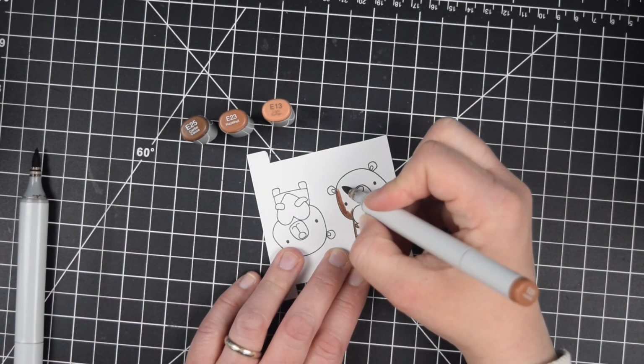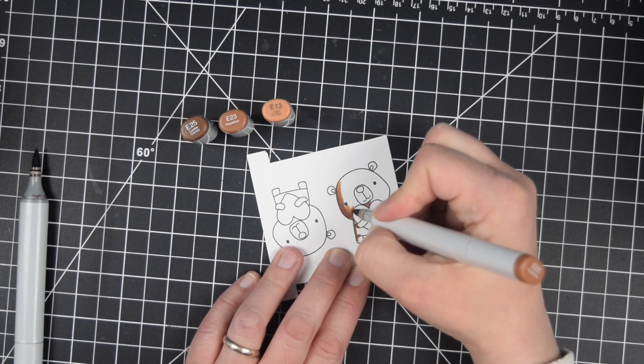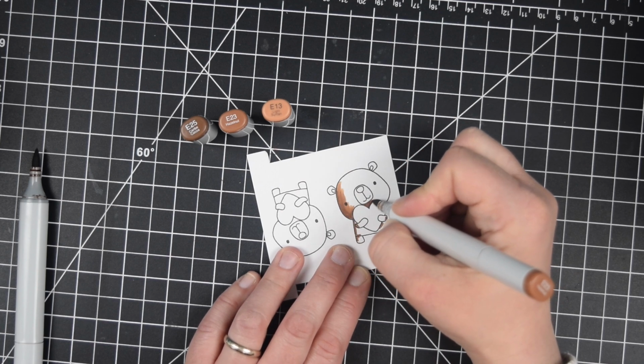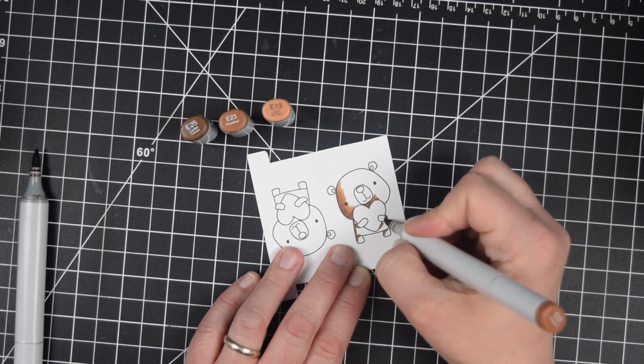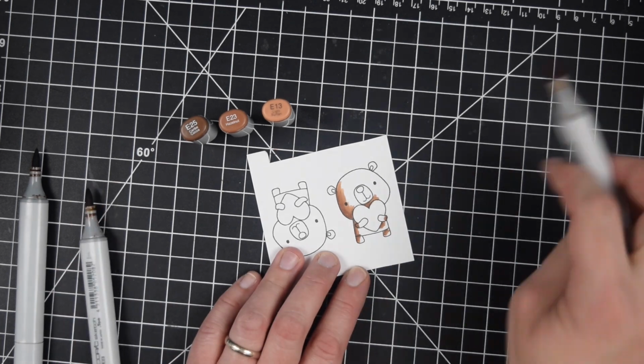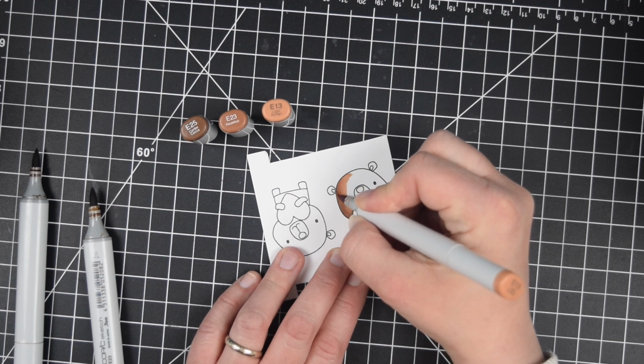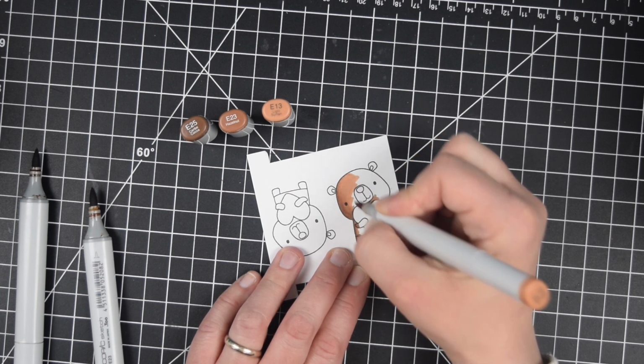For my Copic coloring, I decided that I wanted to keep it really simple and put my shadows off to the left, because when I was moving the stamp around, I picked this critter so that he could be to the left of the word. Some of the other critters, like the mouse, didn't work out because his tail would be overlapping with the word,